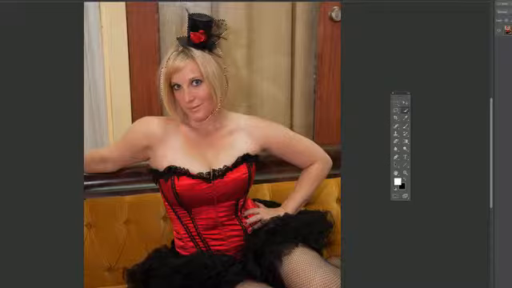and just come in and select them. I want the arm, I want the couch, and when I have areas that disjointed like this, I just press the Option key or the Alt key on a PC, come down. I want to grab a lot of the hair in here right up to the edge. I'm not too worried about getting much of that hair in because I'm going to let Refine Edge